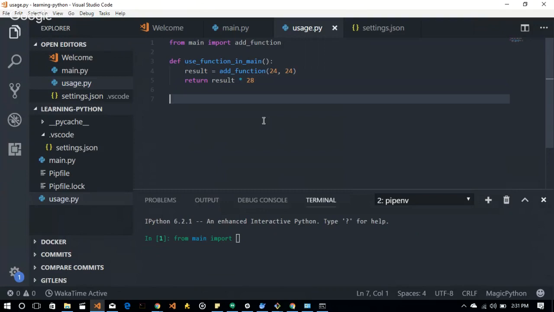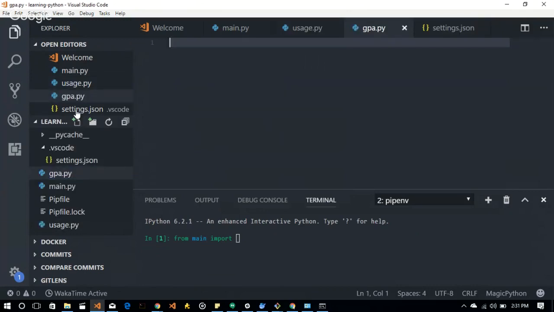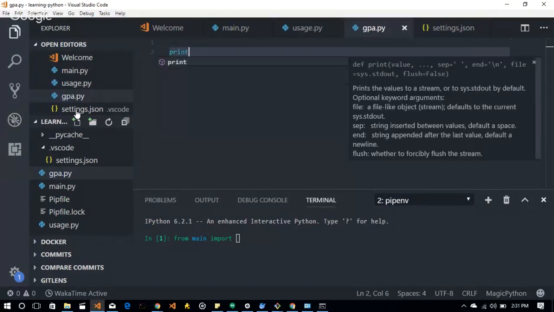To approach this, we're going to look at it from an incremental point of view. I'm going to create a new file called gpa.py, and I'm going to do the simplest thing first. We're going to write this program the way someone would write it normally, and we're going to gradually end up using classes to make things much more manageable. So we'll start. Print